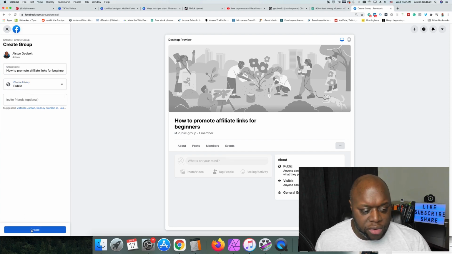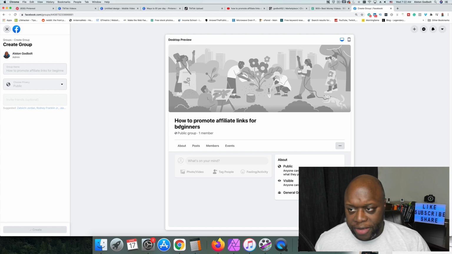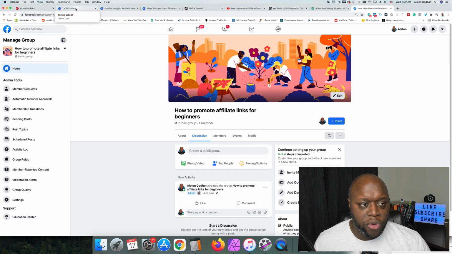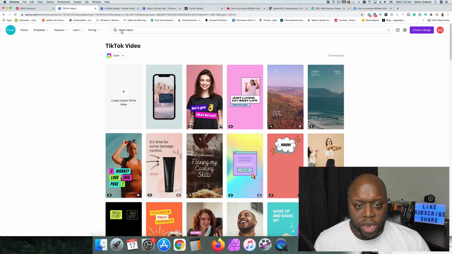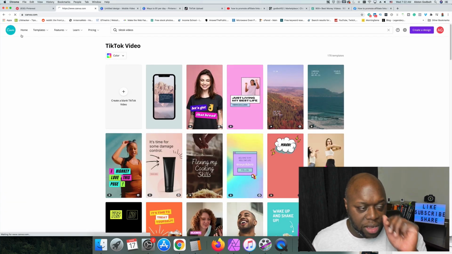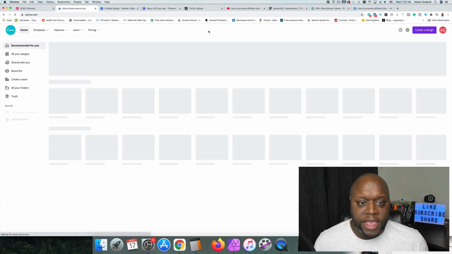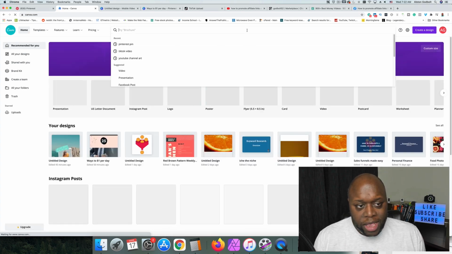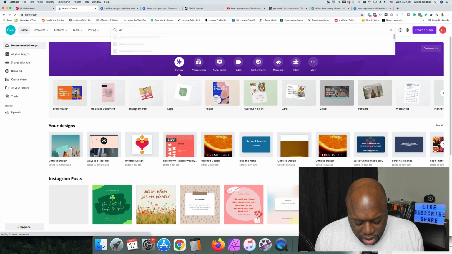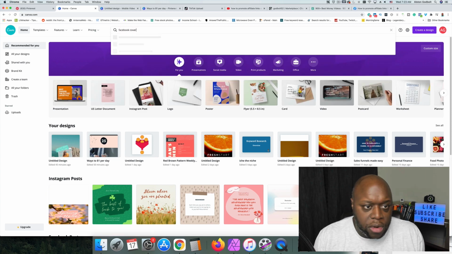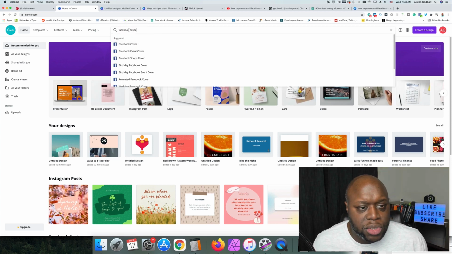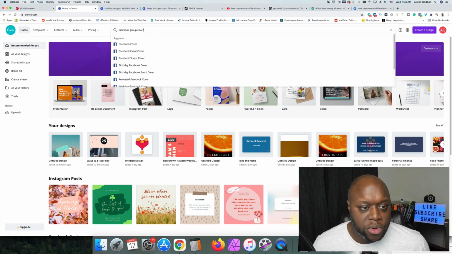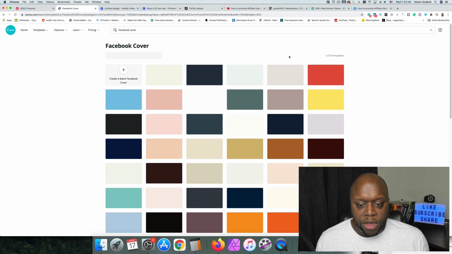So when I click on create, this is going to work in the background and create the group. What we need to do is jump over to Canva and create a cover photo. So I'm just going to click on this Canva logo here. And the cool thing with Canva, it's 100% free, and they have different templates for you to use. So we're going to say something like Facebook cover photo. Let's try Facebook group cover because I think there are different dimensions. So we'll do a Facebook group cover, and it's going to come up with the right dimension.